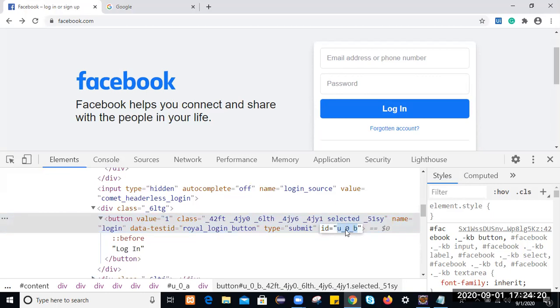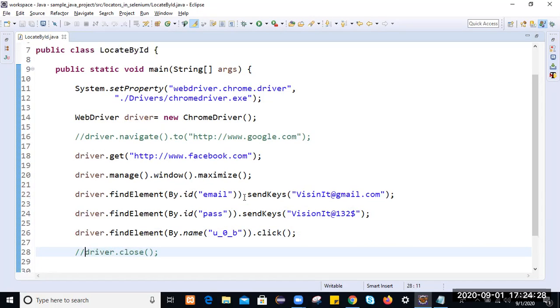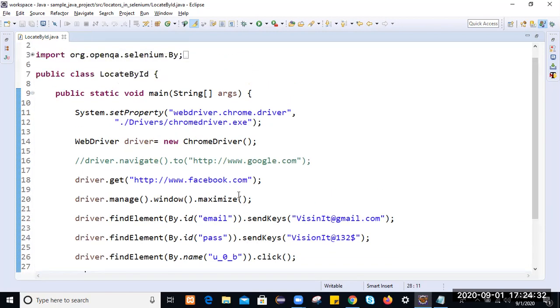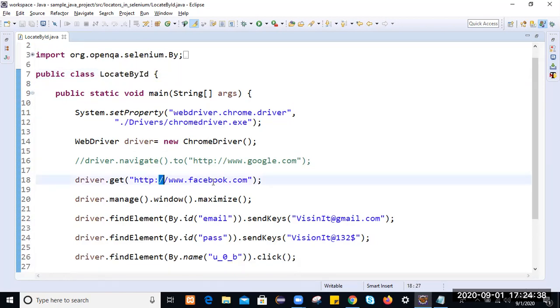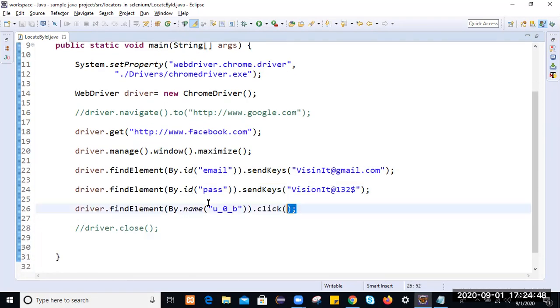Copy this ID and paste here. Instead of performing the close operation, if you enter invalid credentials, it will simply go to the next page and say invalid username and password. So here we are locating the web element based on ID. We'll navigate to this page, maximize the window, then find the email address field and password field, and click on the login button.